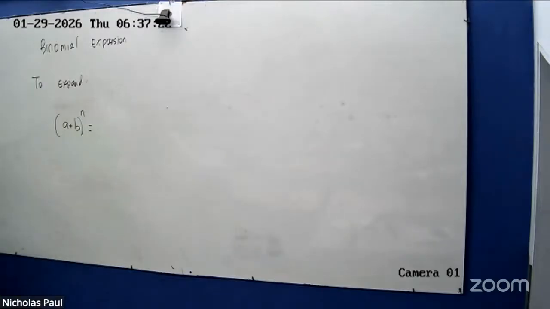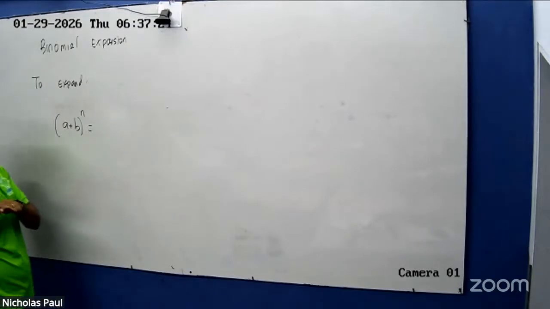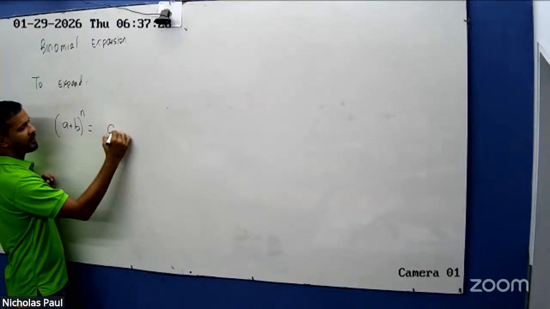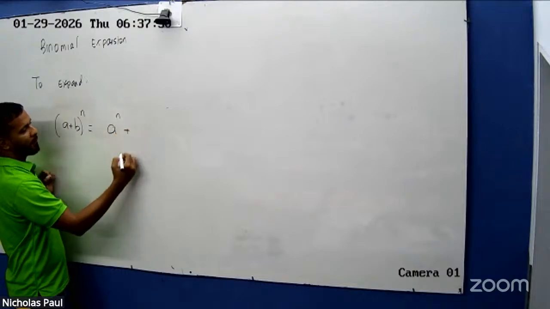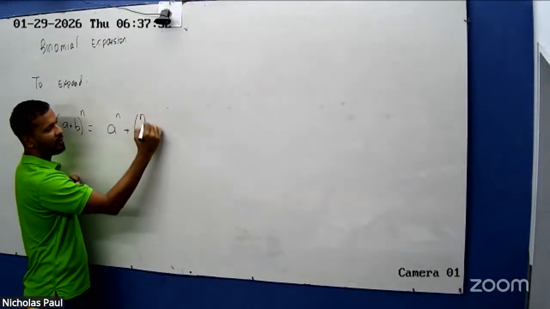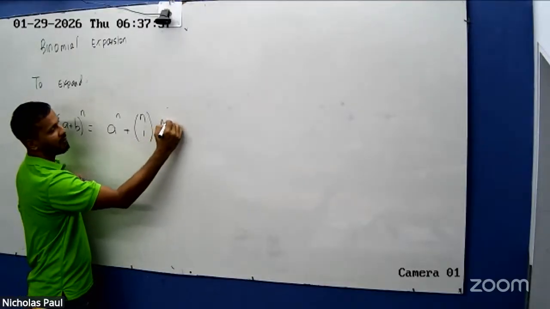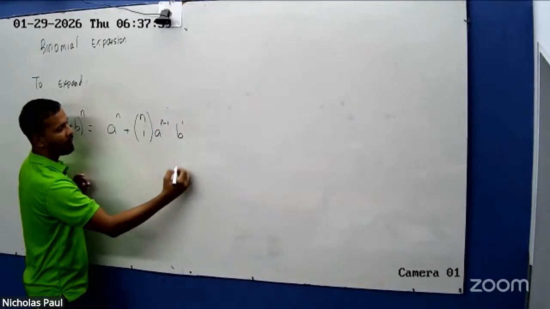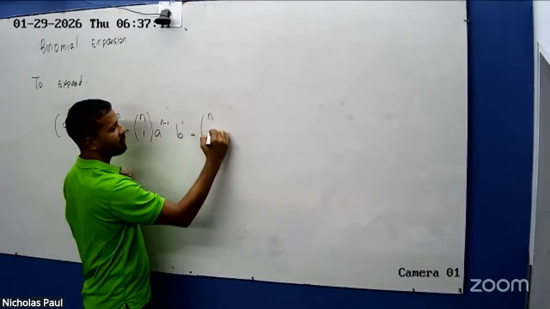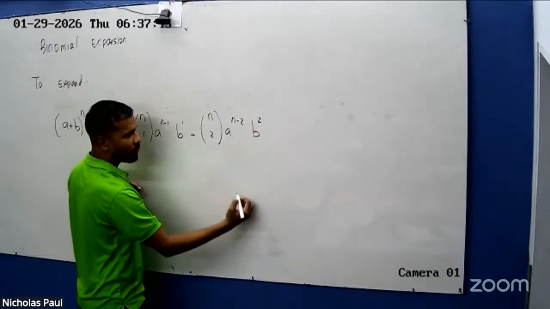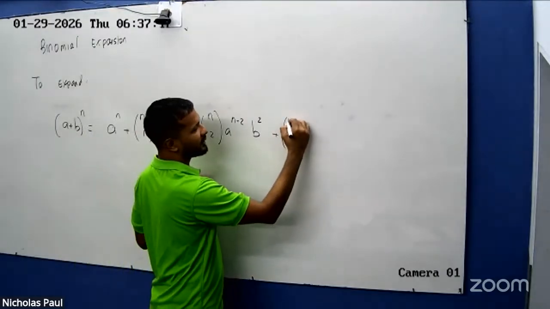There's a nice little formula. You don't have to memorize it. It's in your formula sheet. There's a little formula that you have to learn, right? (a+b) to the n equals a to the n plus nC1, remember this on the calculator, a to the n minus 1, b to the 1, plus nC2, a to the n minus 2, b squared, plus nC3,